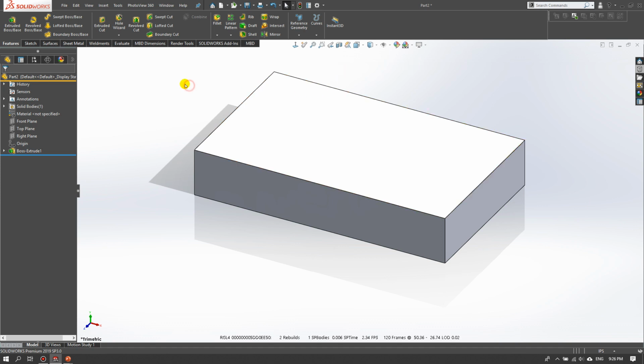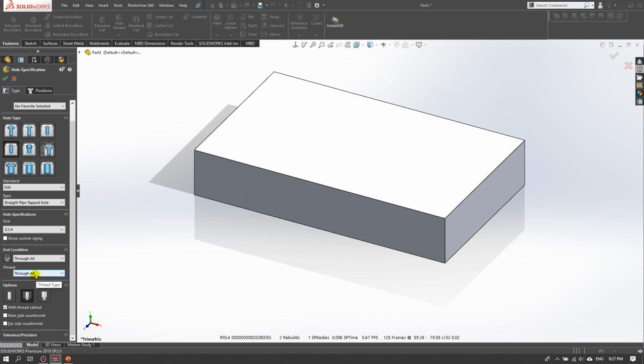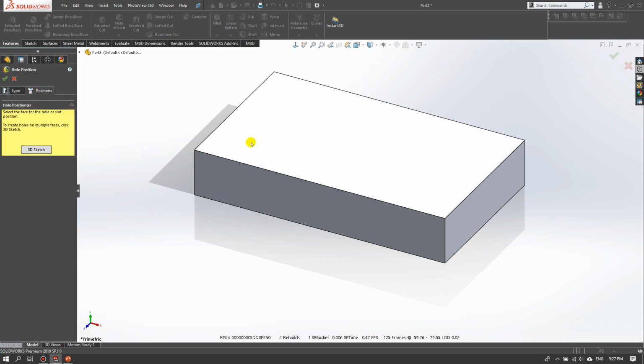and click at the hole wizard. Use hole wizard to select the standard of the hole and select the size and end condition and thread and click the position,